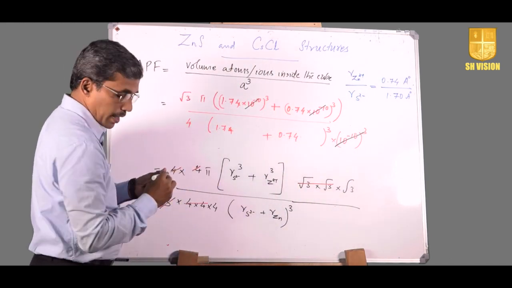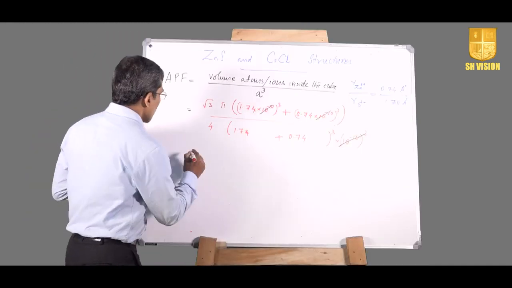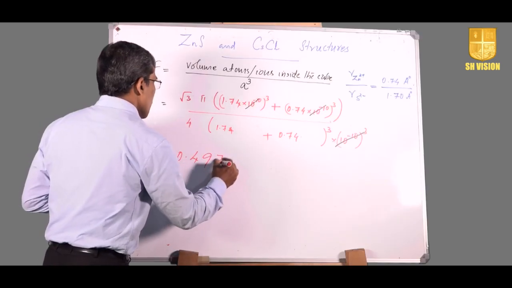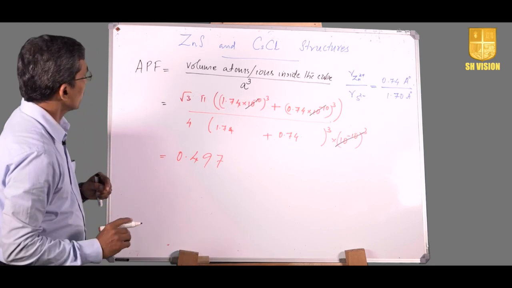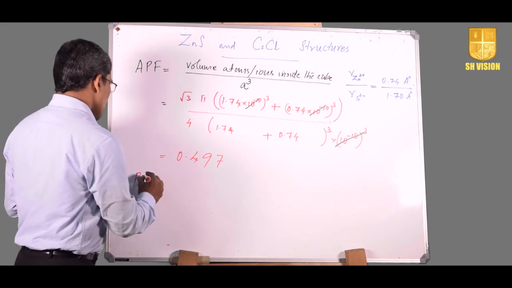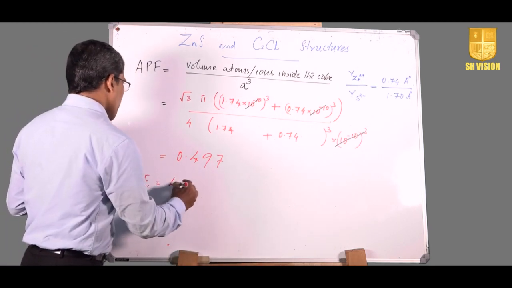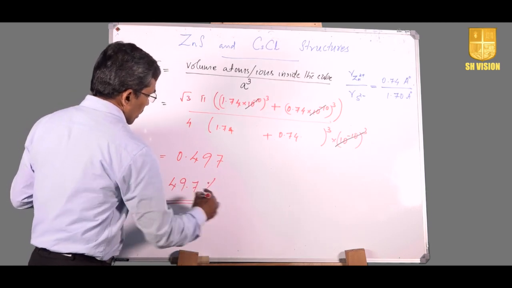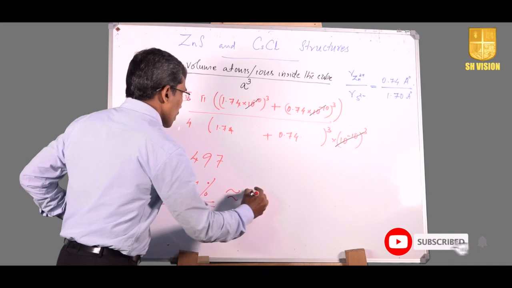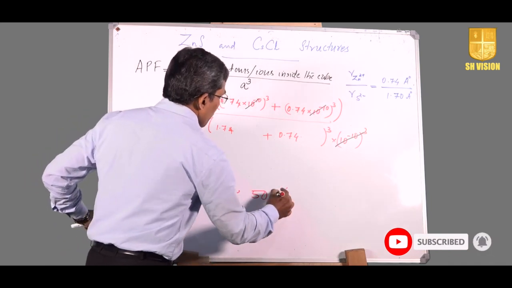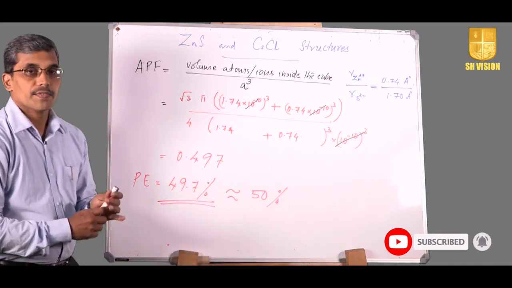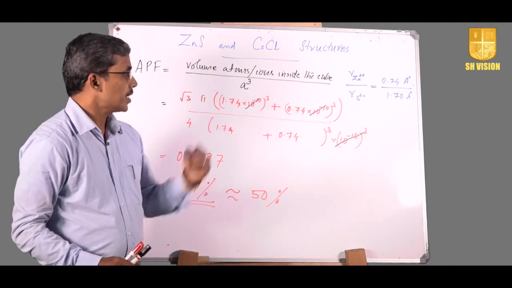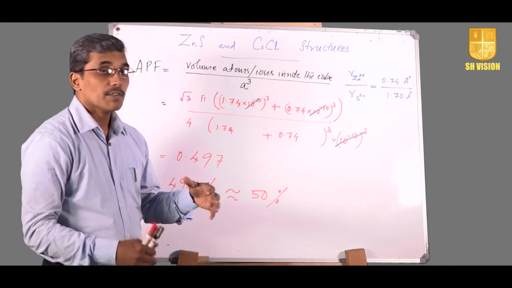So rest, if you calculate, you will be getting the answer 0.497. That is, packing efficiency is 49.7%, approximately 50%. That is, 50% of the available cube space is occupied by solid zinc and sulfur atoms, whereas around 50%